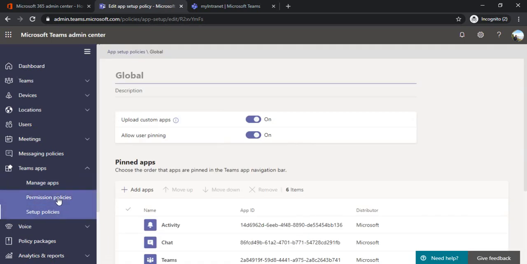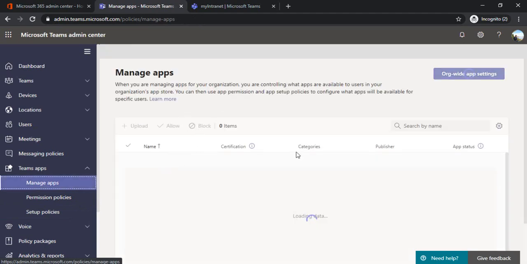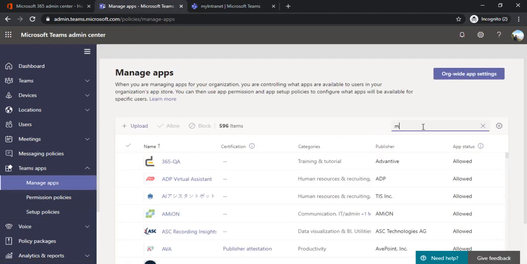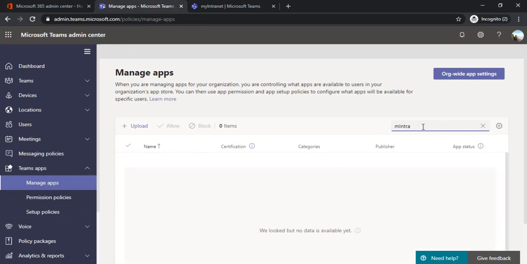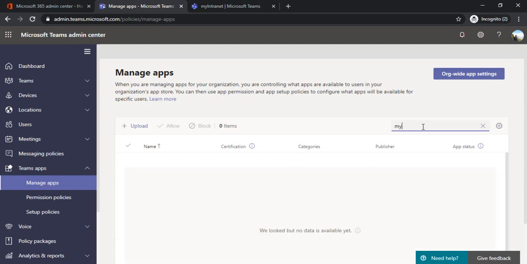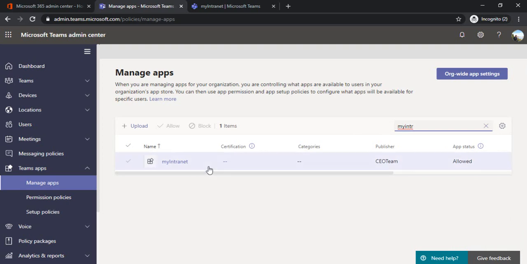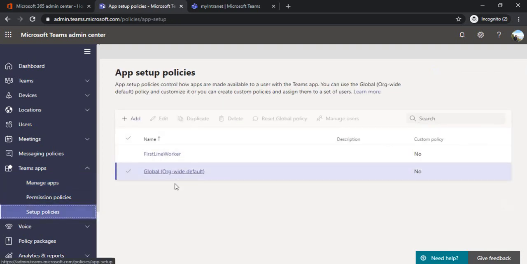I'm going to manage apps, and I'll try to find out if I'm able to see my intranet or not. Okay, I can see that I have my app over there.